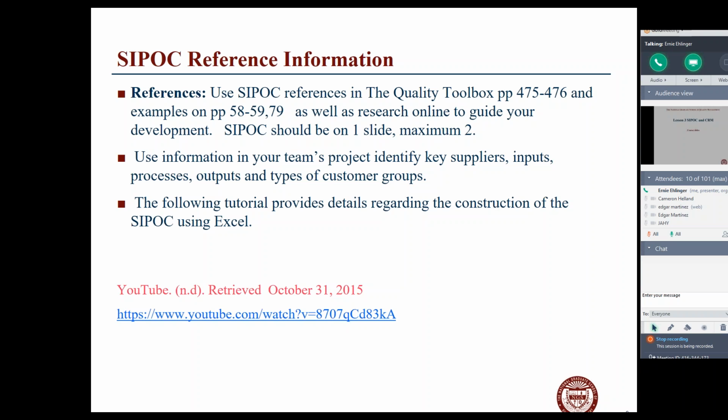And there's a way to develop it using Excel. There's magic you can do with Excel. You can make a huge amount of graphics and other things. If you're not really proficient in Excel, or PowerPoint, they're kind of like quality consultants' best friends. If you're into more statistical analysis, Minitab would probably be in that category. But you can do a lot of damage with PowerPoint and Excel in flowcharting and developing graphics.